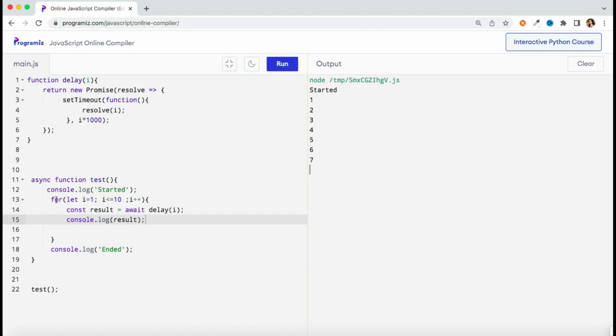So all you have to do, you just need to put async before this function name, and wherever you want to wait, I want to wait when my i is 1 and I want to wait to move to the next statement before I get my result. So you just need to put the await keyword. So till the time for this particular value of i this doesn't get resolved, it will not move to the next statement, and at the end it is coming to ended. So this is how you can somehow make your code look like it is executing synchronously with the help of